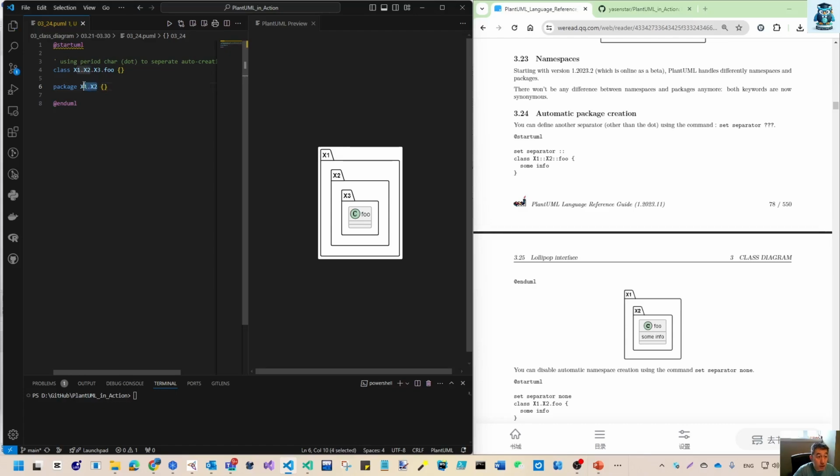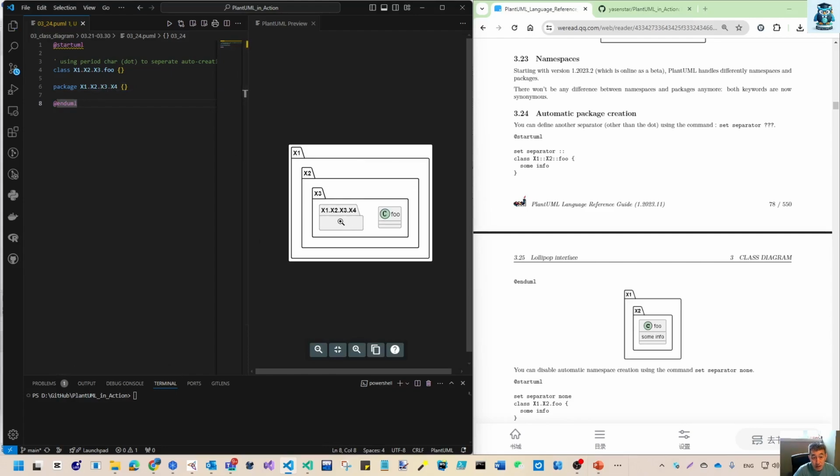Now this one is also referred to because it's already created by this class. So you define a class, then it's similar to the URL syntax, it creates the x1, x2, x3 hierarchy. So now this one is already there. But if you want to create x4, you can see here, once you create another hierarchy, then this will have the full